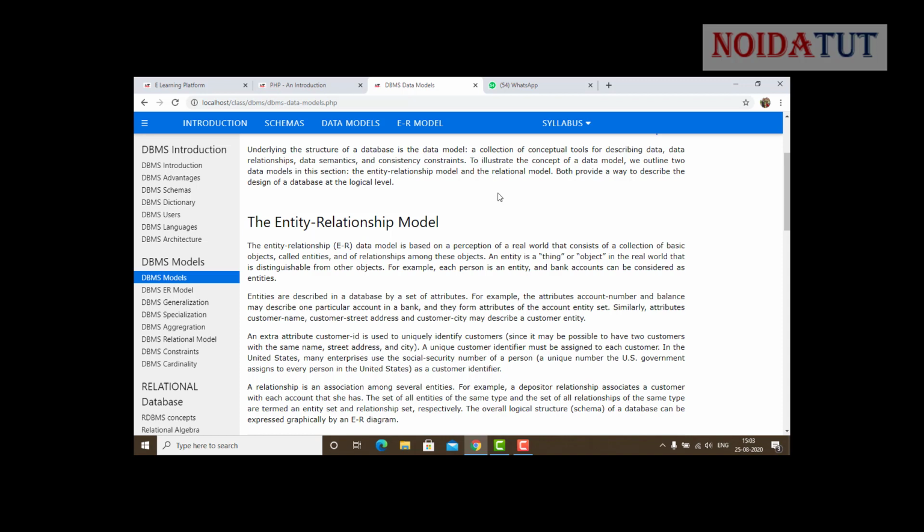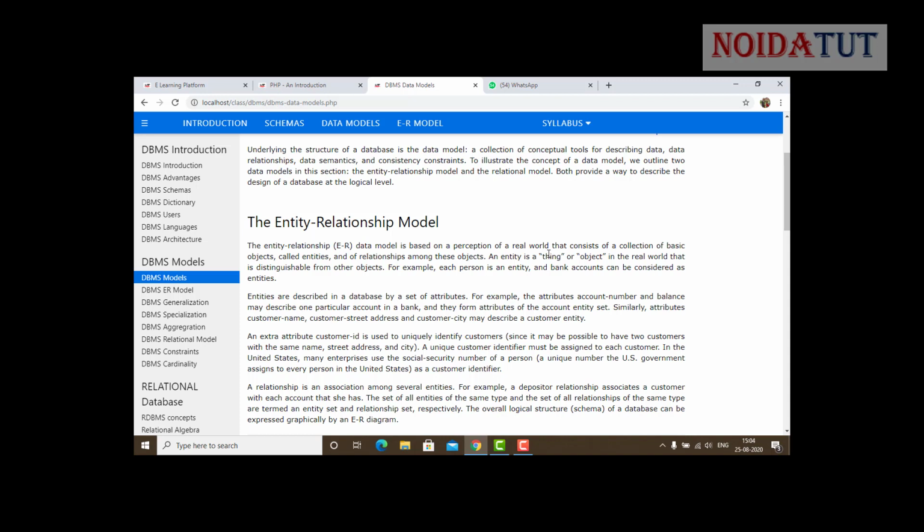Now we need to find the relationship between these entities. For example, in a university, a single student is an entity, and a teacher is an entity. When we talk about the university, we have a student section, a faculty section, a teaching section, an account section, and an administration section. Covering the entire thing, we manipulate the relationship between the student and the faculty, the student and the accounts department, and the student and the examination department. This is how these relationships come under the entity relationship model.